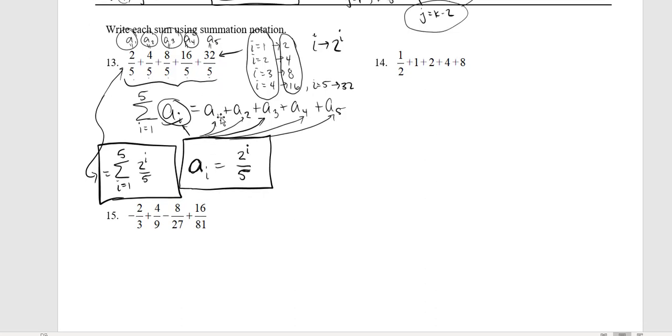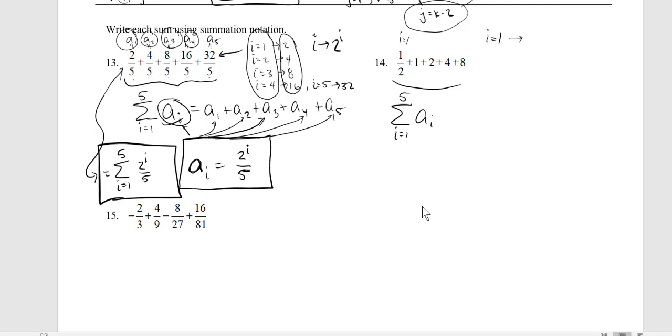Take a second and see if you can do these last two, 14 and 15 here. I'm going to go ahead and run through them. Pause if you'd like to give it a shot. This one, let's see, what is the pattern we're doing here? Again, we're going to sum from, it looks like we have 1, 2, 3, 4, 5 terms, just like before. Our goal is to express what the ith one looks like. So the I equals 1 term, the first guy in line,